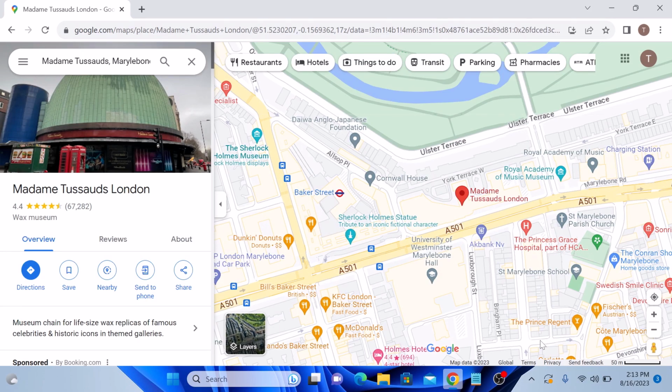To start using Google Maps Street View, open your web browser and go to maps.google.com. Type in the location you want to explore in the search bar. You can enter a specific address, landmark, city, or even a country. Once you have found your location on the map,